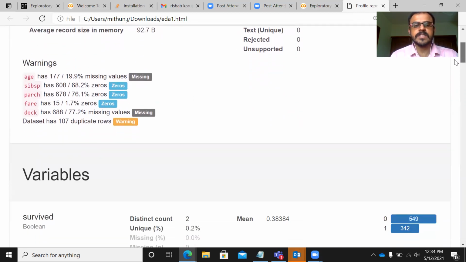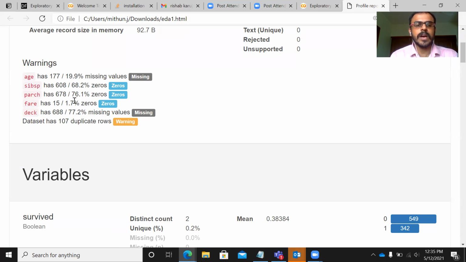There are certain warning messages that are displayed. I have to be careful with these warning messages. The variable age has roughly 19.9%, roughly 20% missing values. Similarly, 70% zeros are found in the variable number of siblings or spouses. And there you have around 77% zeros present in number of children and parents.